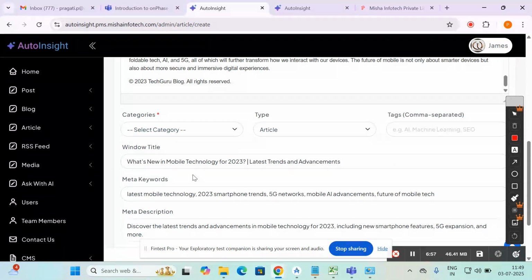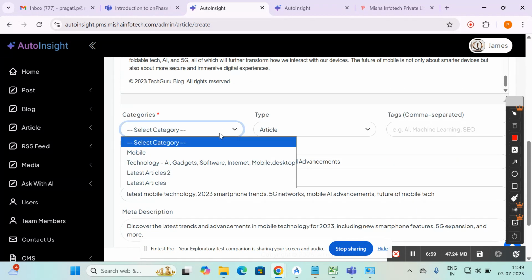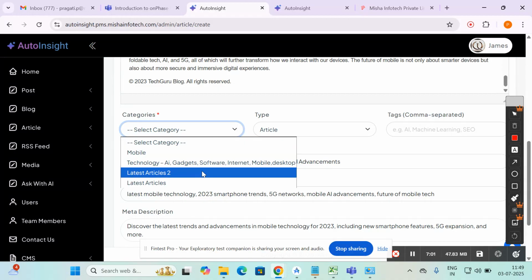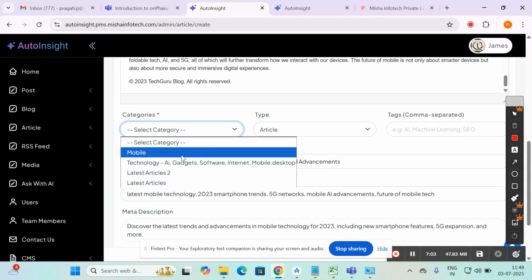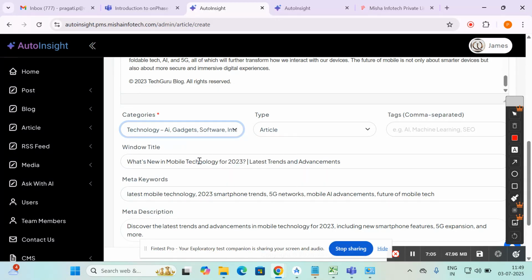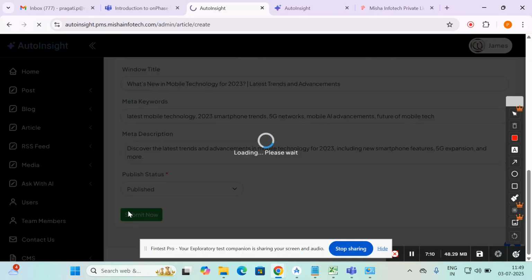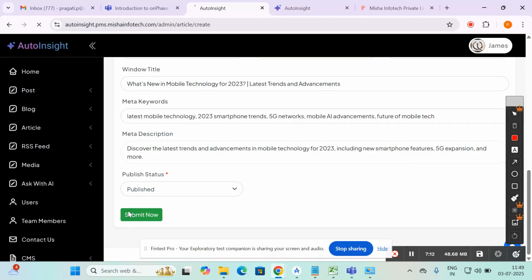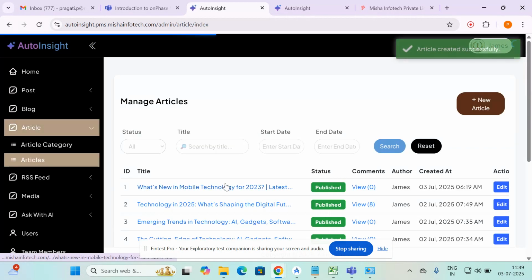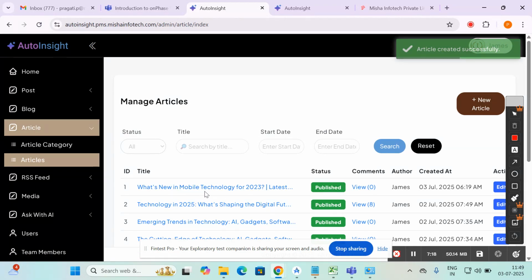Then select category option is mandatory. So mobile or click on technology category, submit now. Okay, the new article is